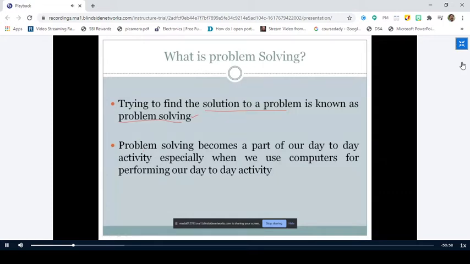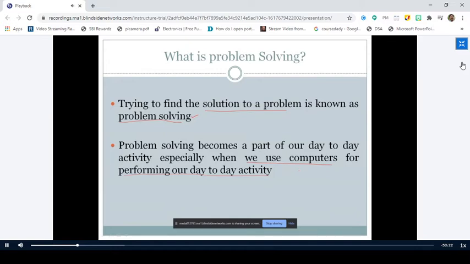Right. So you see a lot of problems in daily life also, right? You will come across a lot of problems and you have to overcome them, or find solutions for those problems in daily life activities also, right? But nowadays it is more and more active. Why? Because it is more and more important. Why? Because we are making use of computers for performing our daily life activities, right? In every activity we perform, we make use of computers. That is the importance of computers in our daily life.